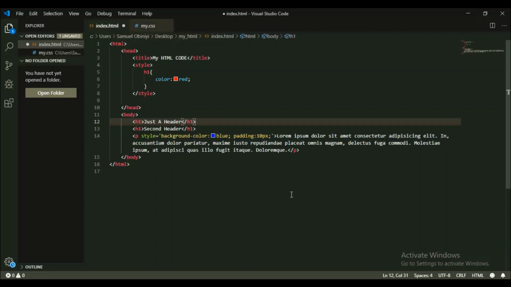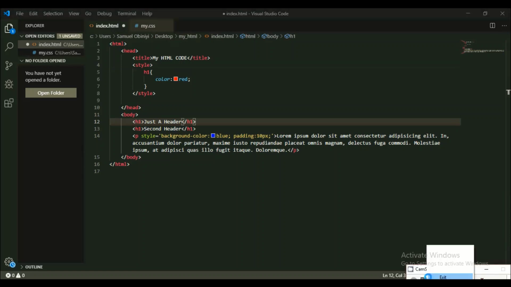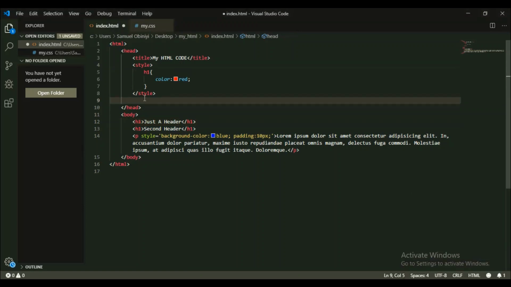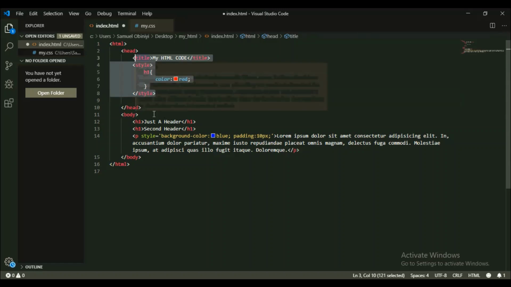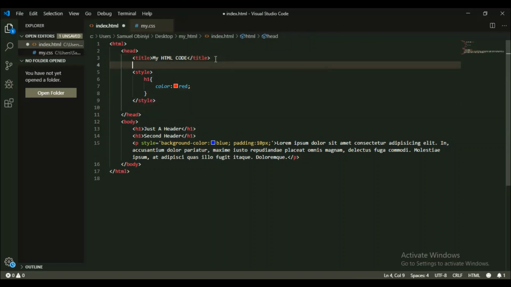I do that using what we call the link tag. So in order to link these two files, inside my head tag, remember that the embedded is in my head tag, and also the external will be in my head tag. So I'll come down here and do link,